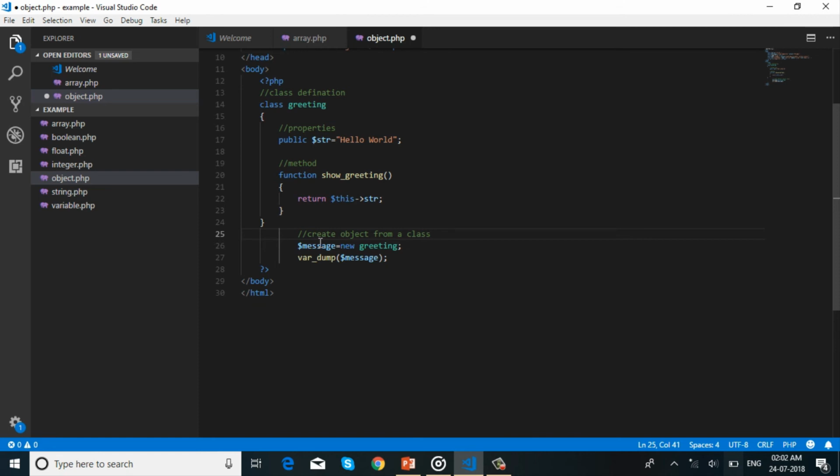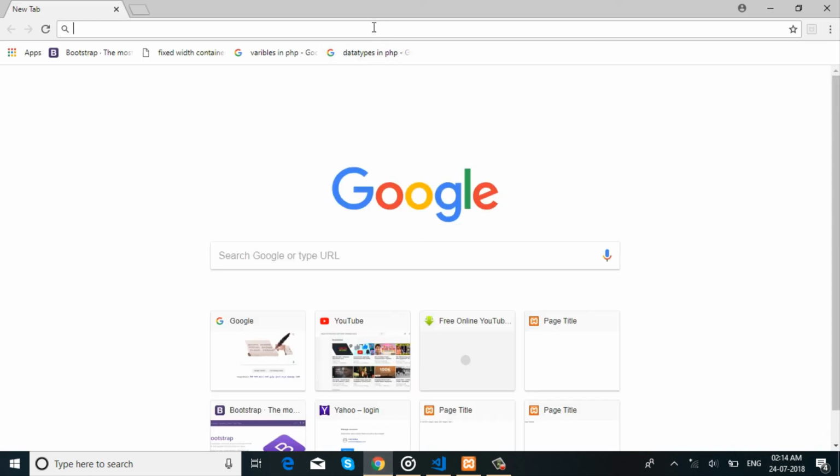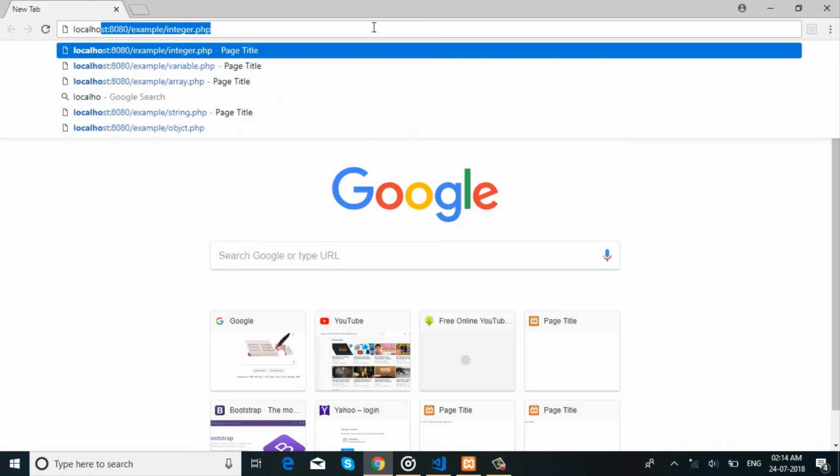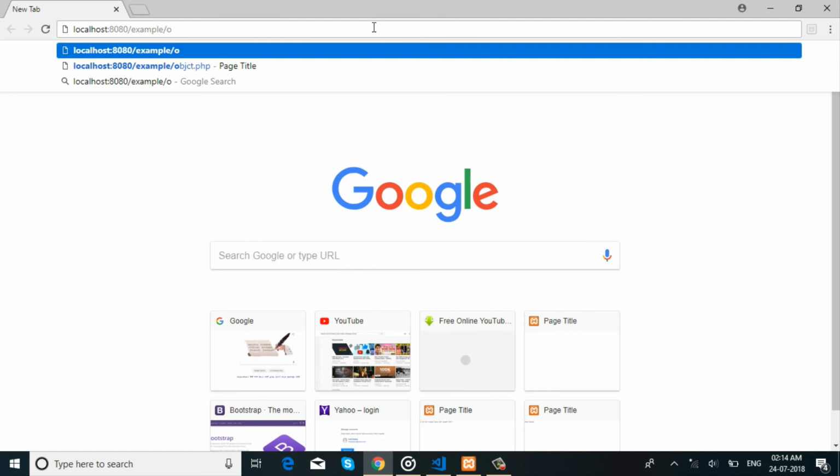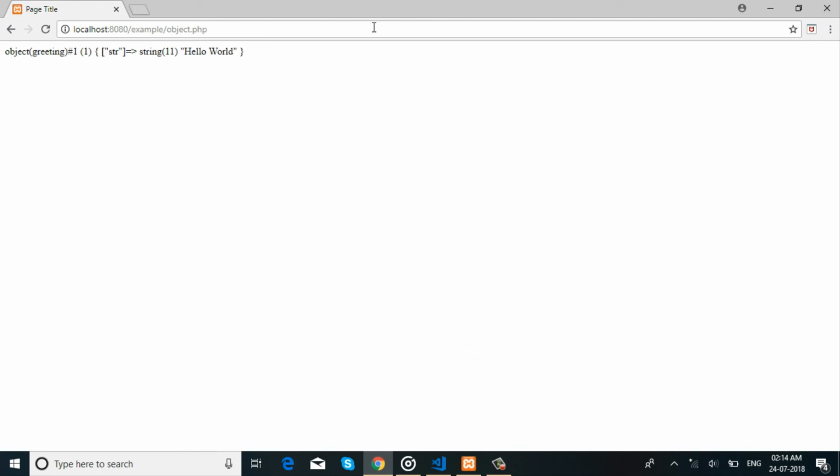This is an advanced topic, and we will discuss it in detail in my upcoming tutorial for PHP object. Save the code. Let's run the program. This is the output screen.